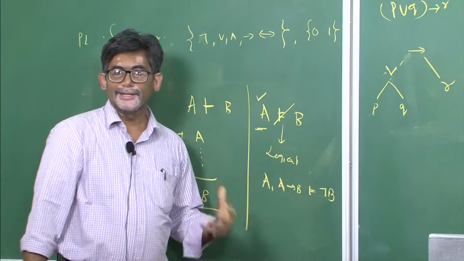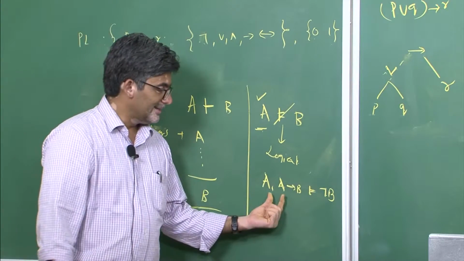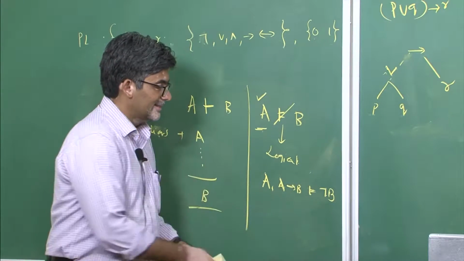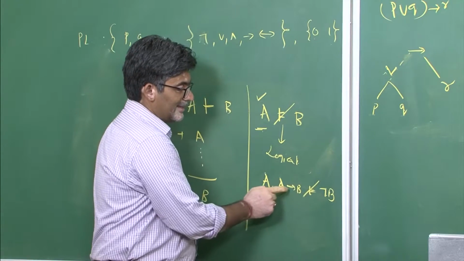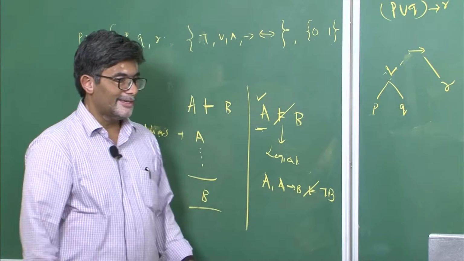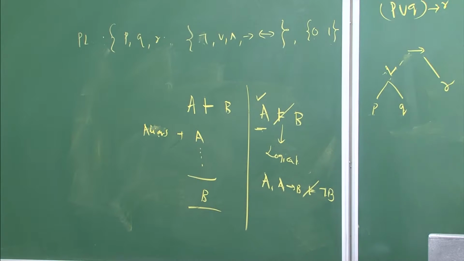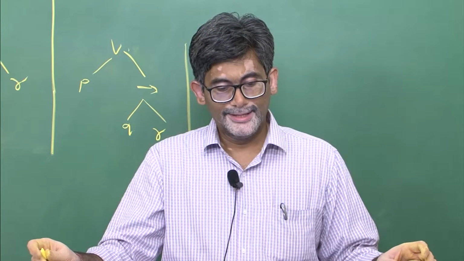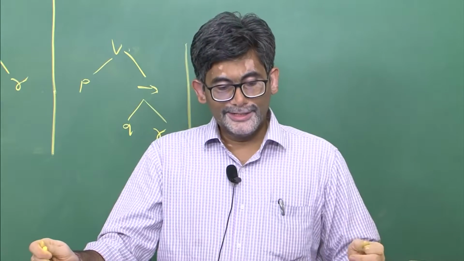Under some particular assignments or interpretations where the left hand side is true but the right hand side is going to be false, then not B is not considered to be a logical consequence of A implies B. Now, in a given model M, P is a logical consequence of the model particularly when it belongs to M, and not A is true in a model M particularly when A is not a consequence of M.